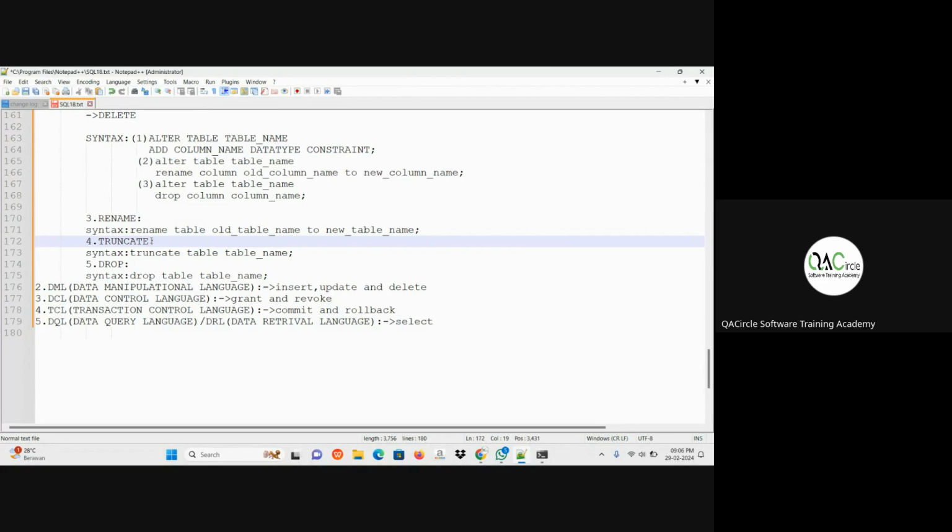Truncate statement will delete all the records, but the table structure remains.